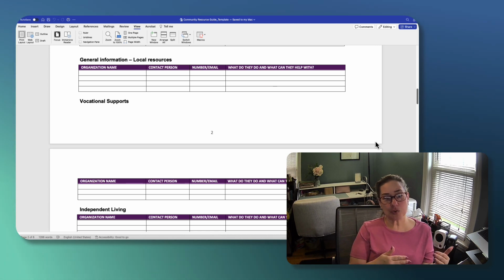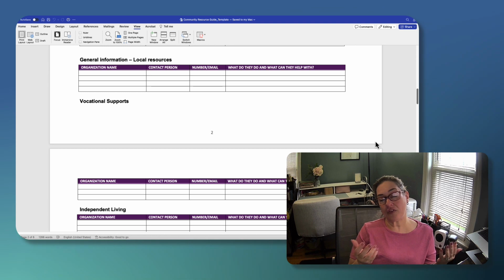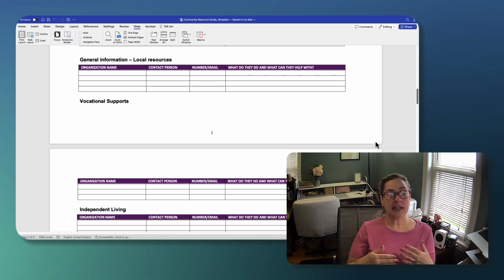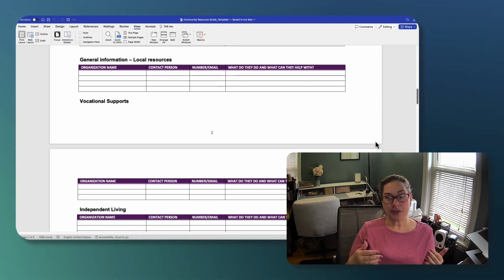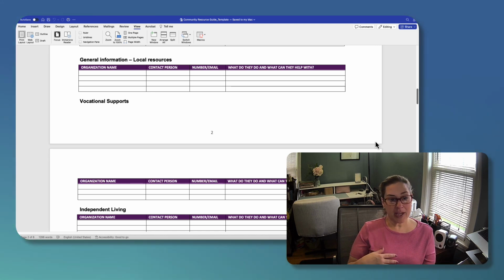So individuals that qualify and meet their qualification criteria will get paired with a vocational rehabilitation counselor or case manager, however they're called, and they'll work with that person to develop a vocational plan.